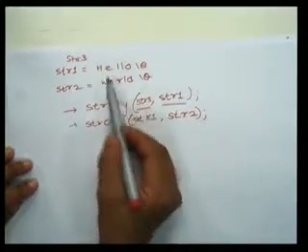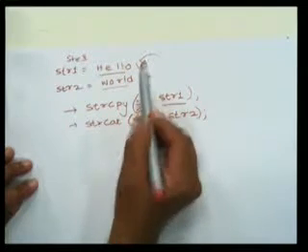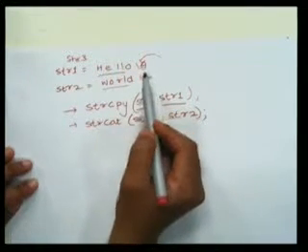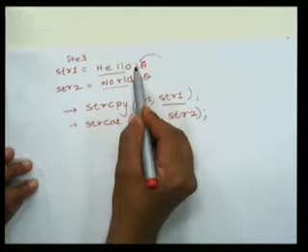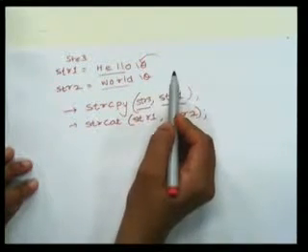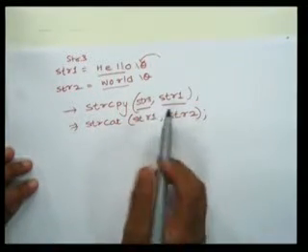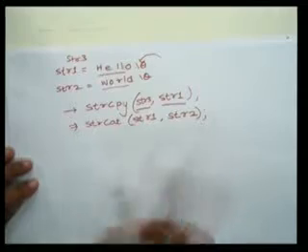Concatenate two strings means what? This is the first string, and after this you want to add the second string. You want to append it at the end. So in this case what will happen? This \0 will be removed and in its place world will be added, and its \0 will automatically come. So after this executes, inside str1 you will have the hello world string.